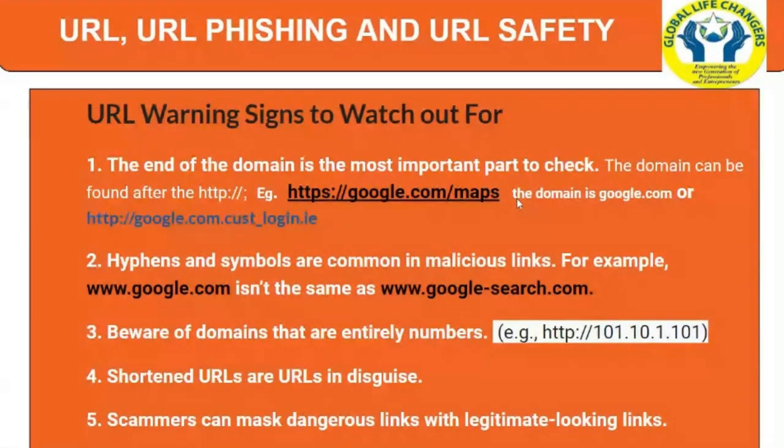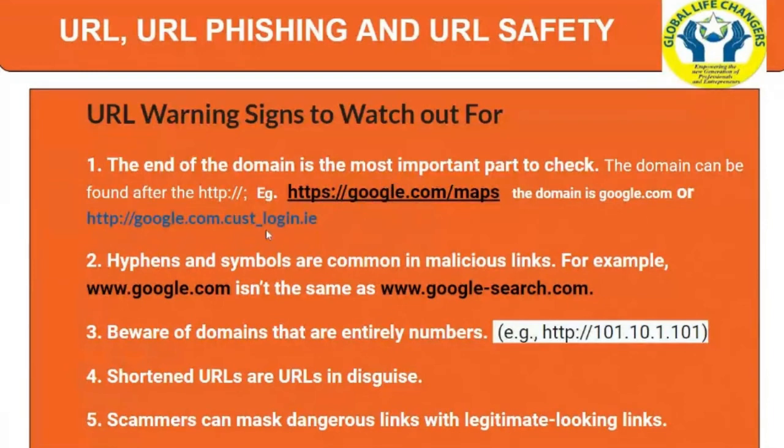So in this case, here we said this one is google.com and that is the domain. Now look at this one, the same thing, http colon forward slash google.com dot cast dash login dot ie. So this is a phishing URL in disguise. They have disguised it as if it is coming from Google because the moment you see google.com, you will think that it is from Google and then you jump onto it. It's from Google, it's safe. Then there they have you. You enter your information and they use it against you.